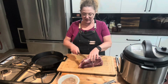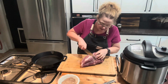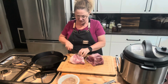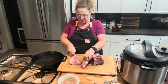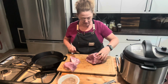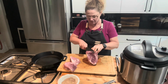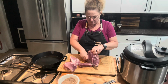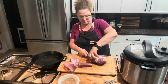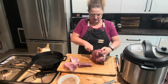This pork came from my local farmer that I do a once a year pick up bulk order of beef and pork. And because this is pasture raised, the fat on here is actually loaded with vitamin D. If you buy pork in the grocery store and it's been conventionally grown where the hogs are inside, they're not exposed to the outside elements and the sun, then you're getting very, very little vitamin D in the fat. But this is pasture raised, so I'm going to be feeding my family a healthy dose of vitamin D with